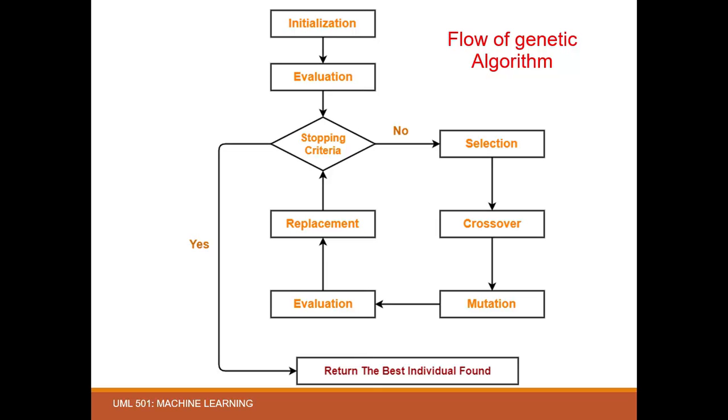Okay, this is the flowchart which we have seen in our previous lecture, that this is how a genetic algorithm flows to produce the best individuals, or how we get the best solution to our problem from a pool of probable solutions. Now the topics: initialization, evaluation, selection is discussed in our previous lecture. Now in this lecture, we'll discuss crossover, mutations, and the stopping criteria. These are the main focus of today's lecture.